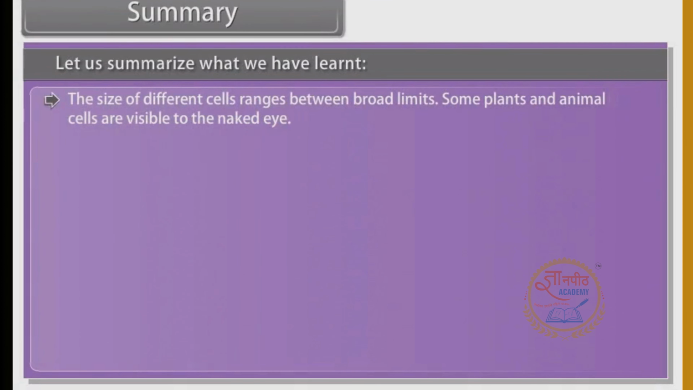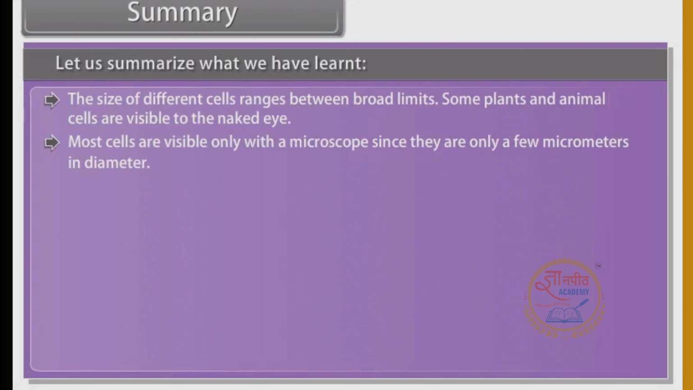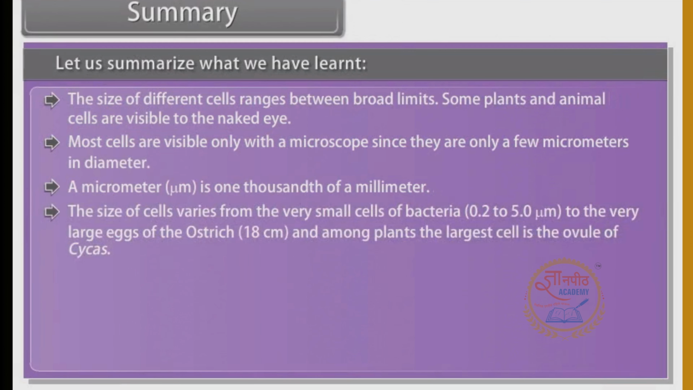The size of different cells ranges between broad limits. Some plant and animal cells are visible to the naked eye. Most cells are visible only with the microscope since they are only a few micrometer in diameter. A micrometer is 1/1000th of a millimeter. The size of cells varies from the very small cells of bacteria, 0.2 to 5 micrometer,